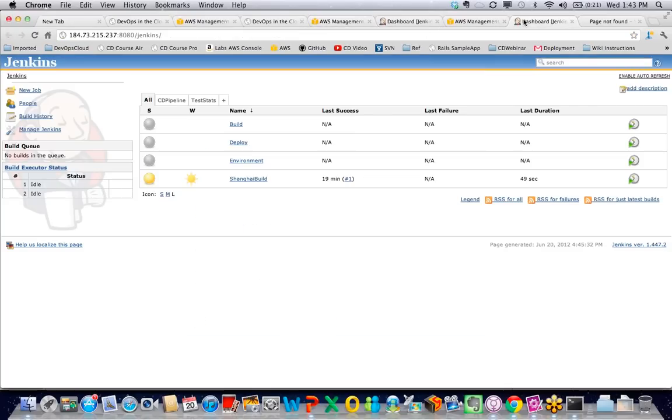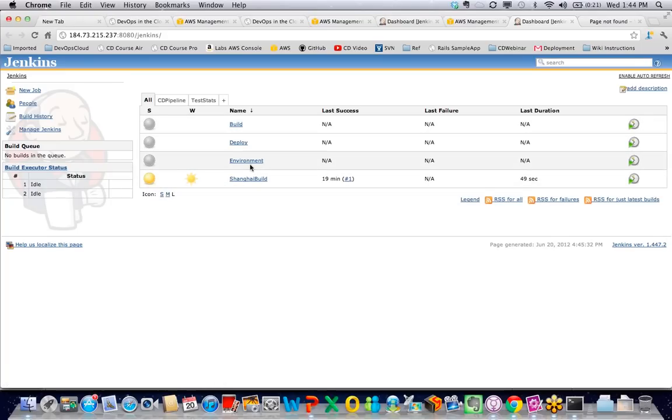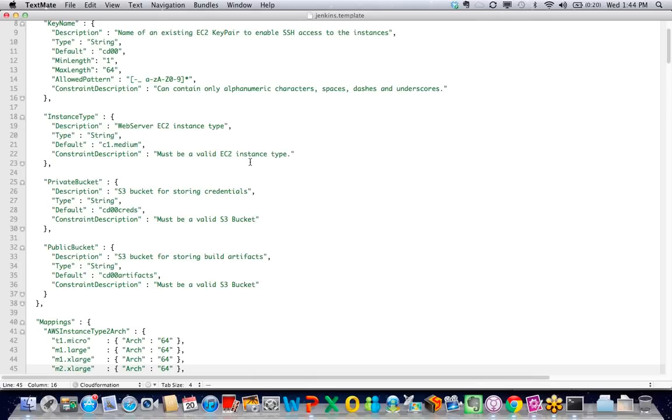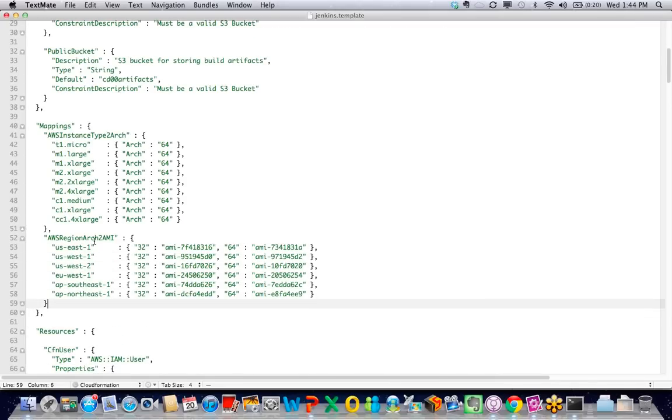So, this particular template ends up creating this dashboard that you see here. So I have a Jenkins CI server. This is all defined using this template. But when you go into some of the builds that are defined here, like build deployed environment, it will actually call, in this case with the environment job, it's going to execute from the command line a CloudFormation creation of a CloudFormation stack. So even though you saw the example of me going through the wizard, you can also go through the command line. You can go through the API, right?